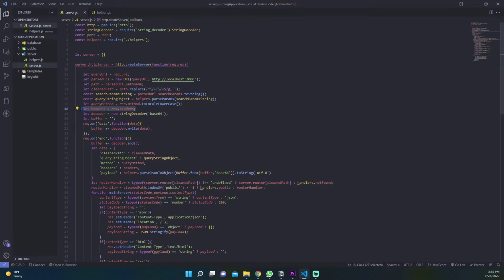Here we store the request headers inside a variable, and here we initialize the string decoder module. But why do we need to use this module? The answer is that we have to manage buffers. So before we understand the string decoder, we need to understand buffers. To properly explain this topic, we should make a separate video, but I will try to do it in just